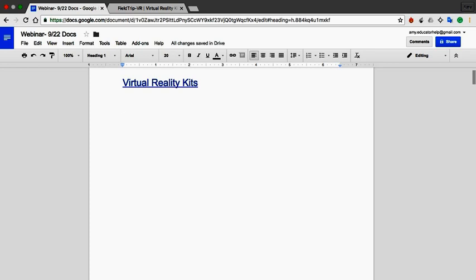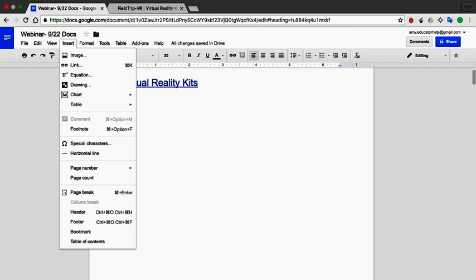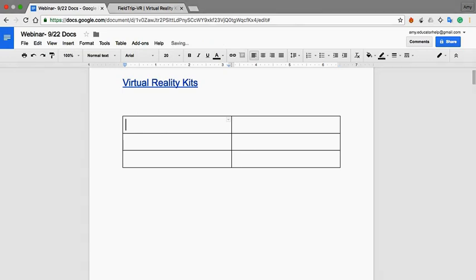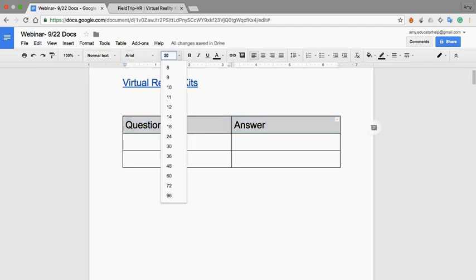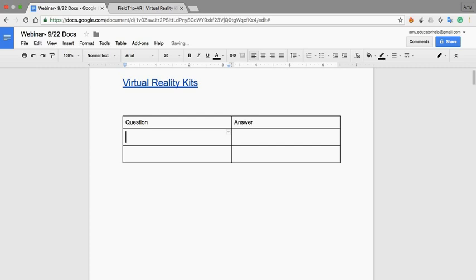Whenever I have my students fill in information, I always find it's really useful sometimes to have charts or graphic organizers, tables that they can fill in. So in order to create a table, you just go to Insert, Table, and you can have them fill in the table as necessary. So if you do that, you could have the question here, and then the answer. If you want to change your font. And then the reason why tables are so helpful is because sometimes